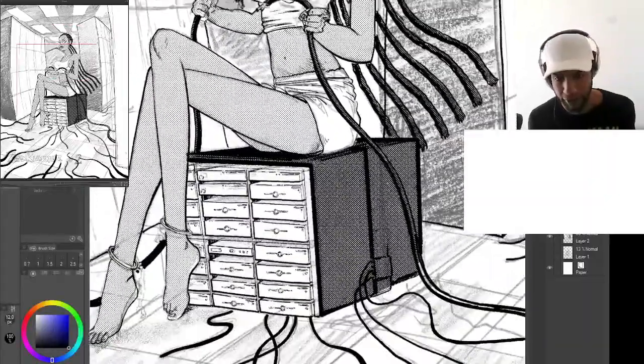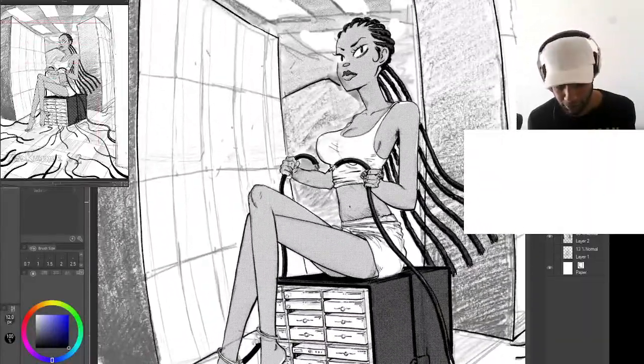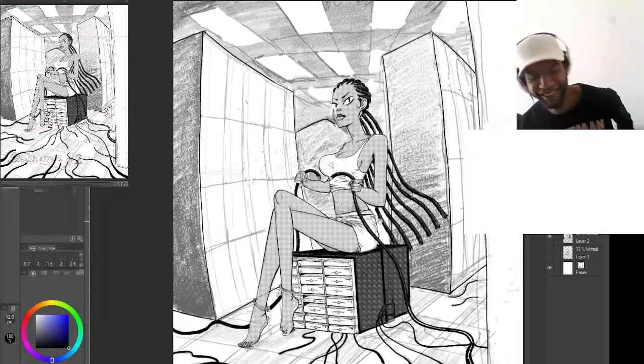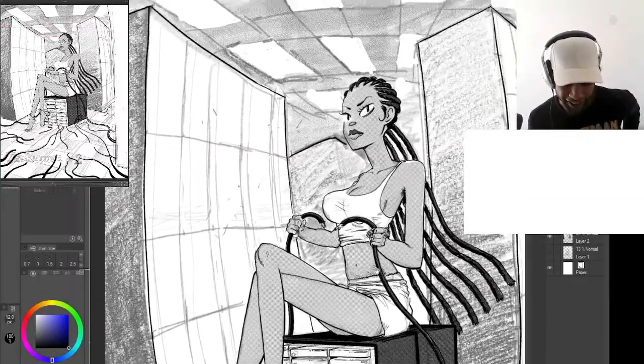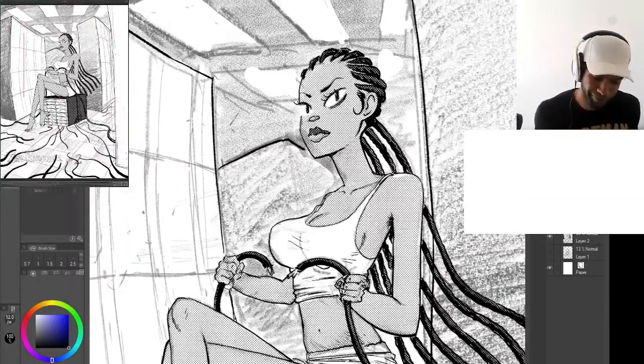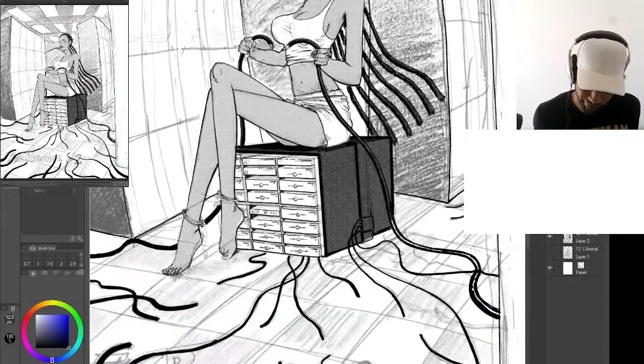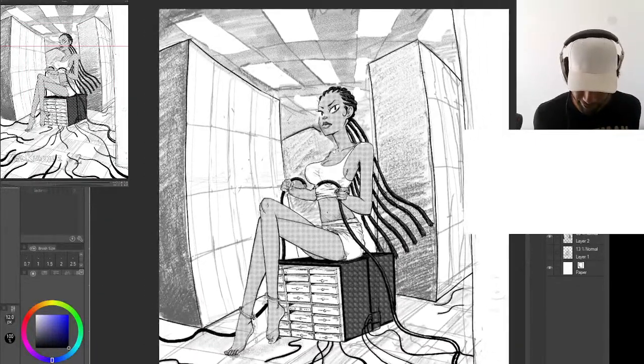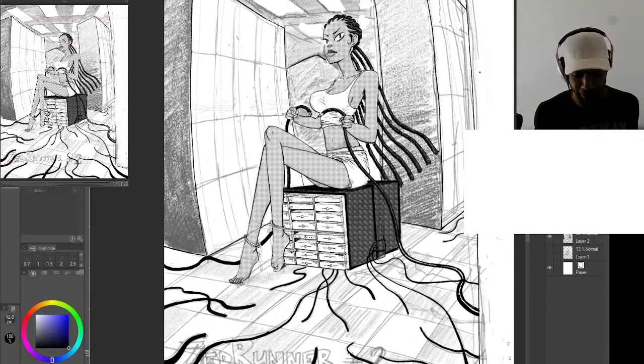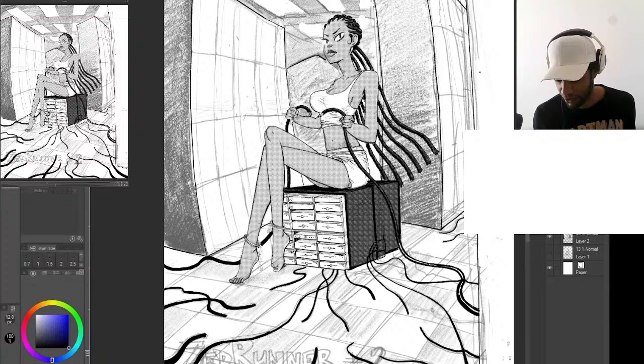Because I don't think like that. Epsilon. Epsilon. Is that actually a thing? This perspective is messing me up right now. This one line, I gotta redraw it.